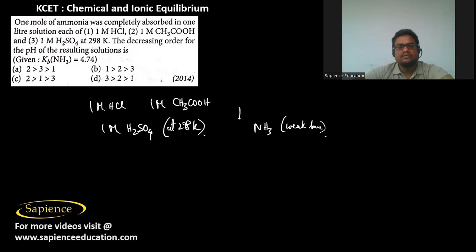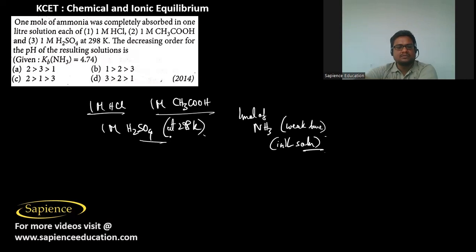So 1 mole of ammonia is used in 1 liter of solution of 1 molar HCl, 1 molar CH3COOH, and 1 molar H2SO4. So here, now the concentration of H plus in H2SO4 is the highest,